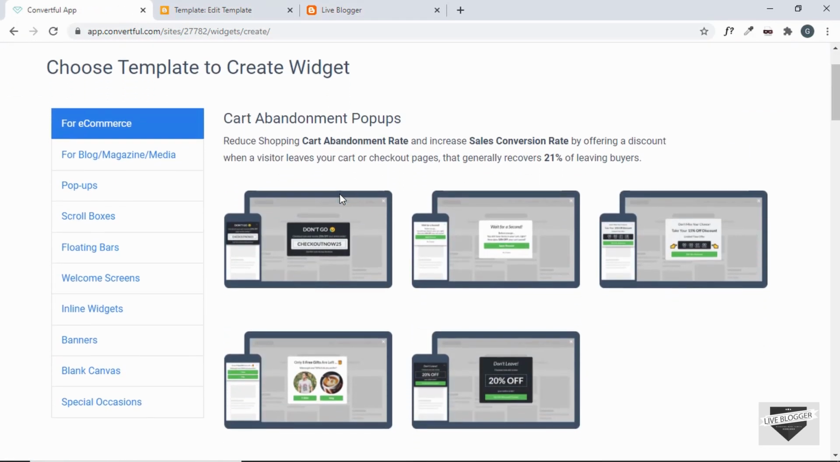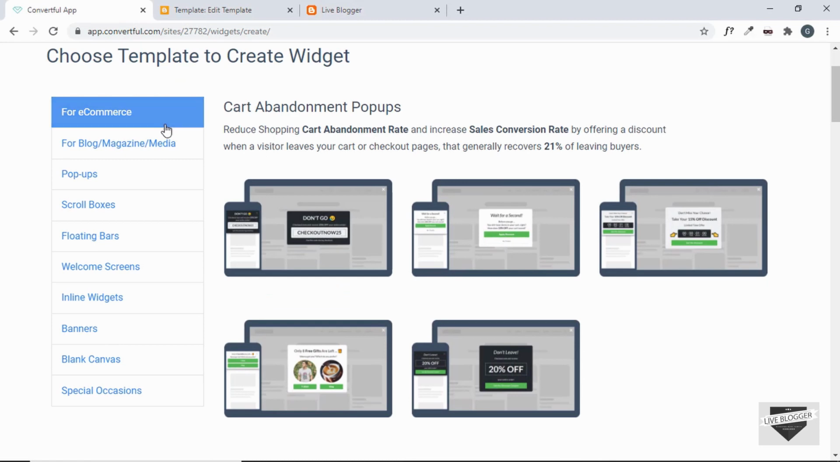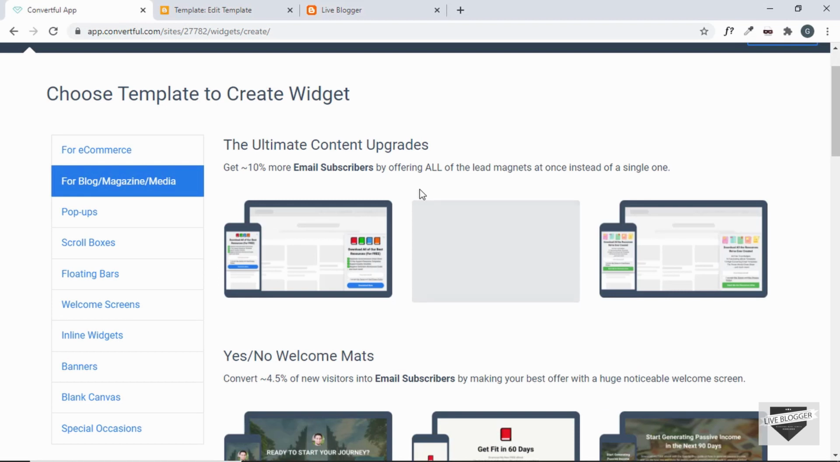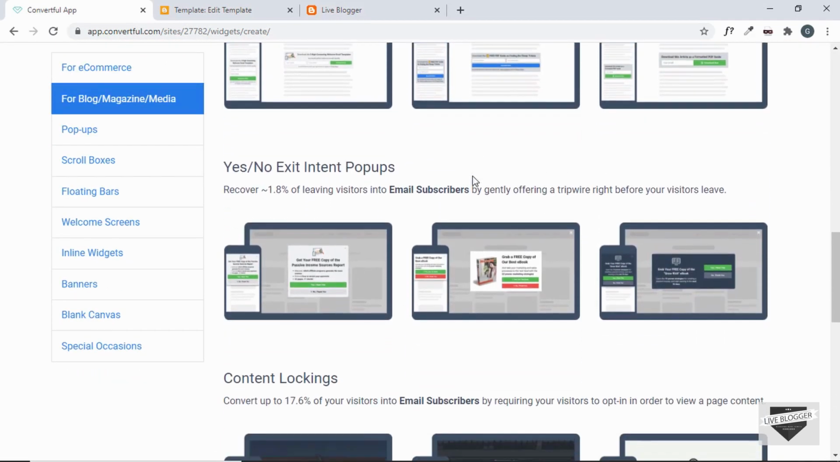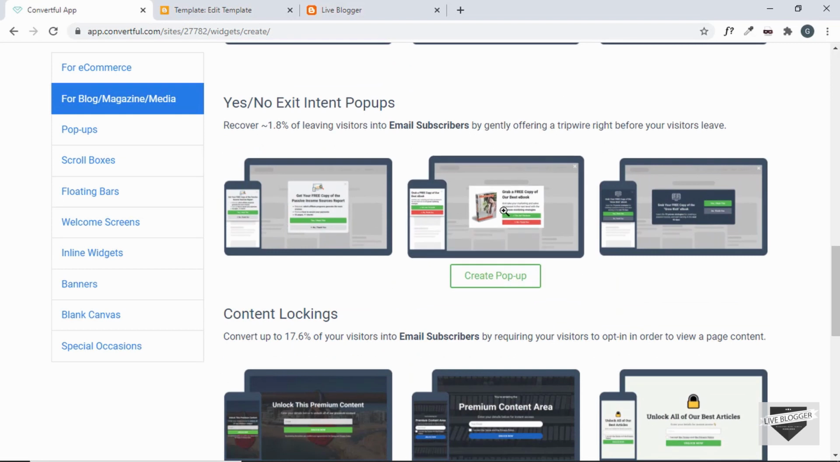And you have a lot of options over here. You can select from any of these templates. We have different widgets for e-commerce, blog, magazine, pop-ups, and all of these options over here. Let's click on blog and let's see whether we have any good options over here. Let me just choose one of these from here. So I'll just choose this one right here, and we'll click on create pop-up, and we can see our widget